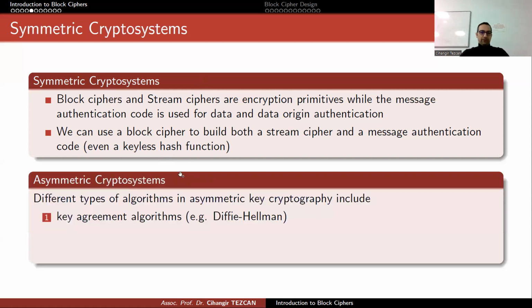Asymmetric key crypto systems are somewhat different because there are many different types of algorithms here. Like you have key agreement algorithms, most famous one being the Diffie-Hellman key exchange. Here, two people want to communicate through an insecure channel. So think about the internet. You want to visit Amazon.com and buy something, but since you are going to put